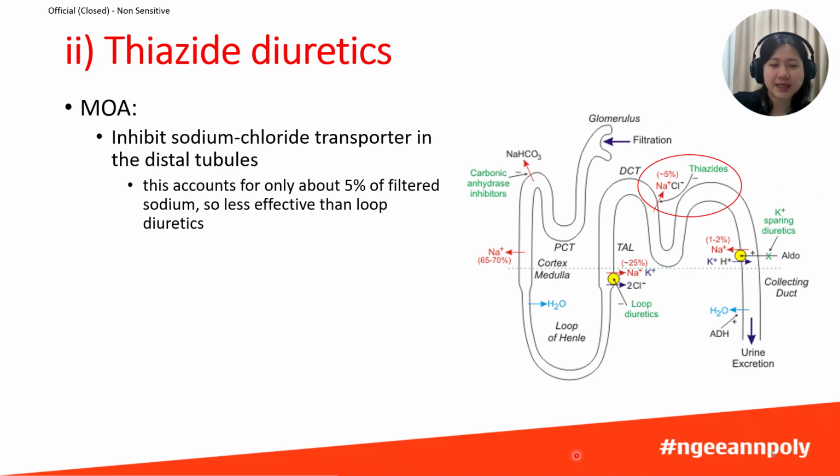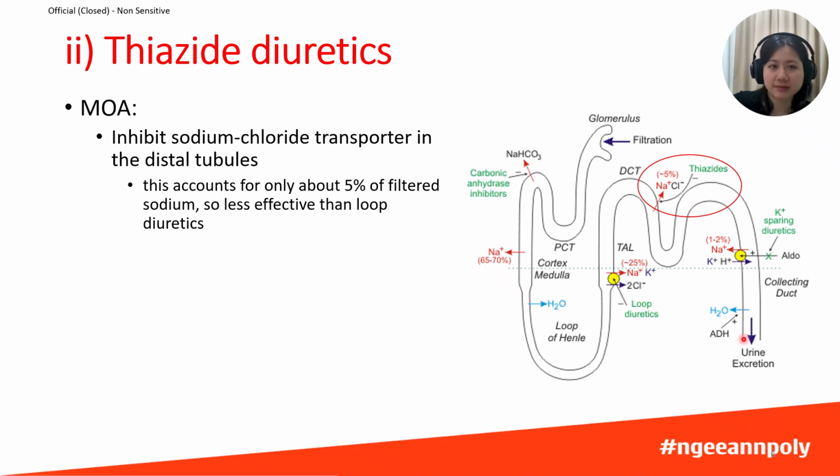Now let's look at thiazide diuretics. Thiazide diuretics inhibit the sodium chloride transporter in the distal tubule. So looking at the diagram, this is the distal tubule, and the sodium chloride transporter pumps sodium and chloride ions out of the tubules to be reabsorbed into the blood. So by inhibiting this transporter, more sodium would stay in the tubules, trapping more water with it, which is excreted